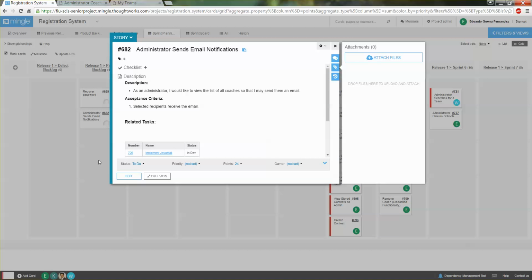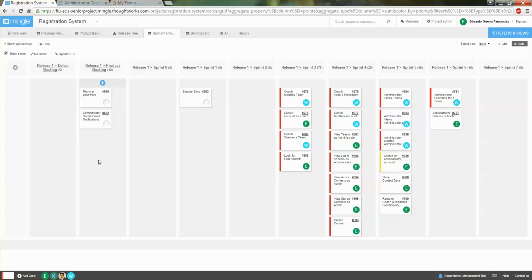Now, we did try to implement a mailing server on our server for the registration system, but apparently Tomcat didn't recognize those files. We were using mail.jar, which is a Java package that allows a user to send emails.